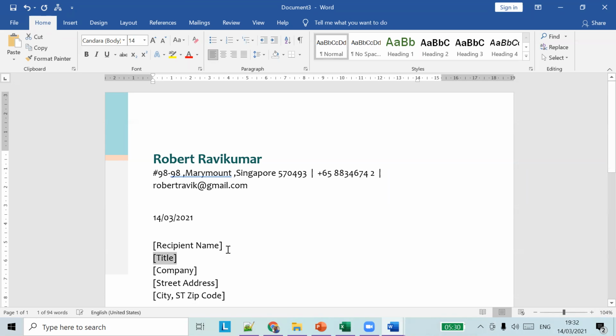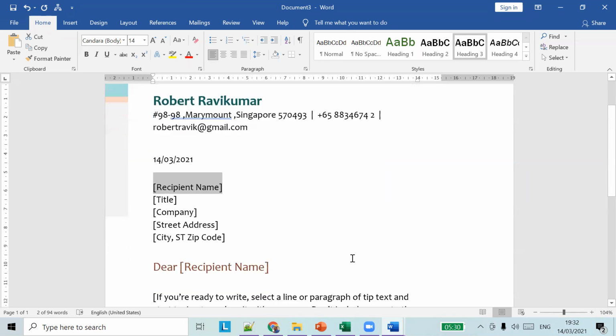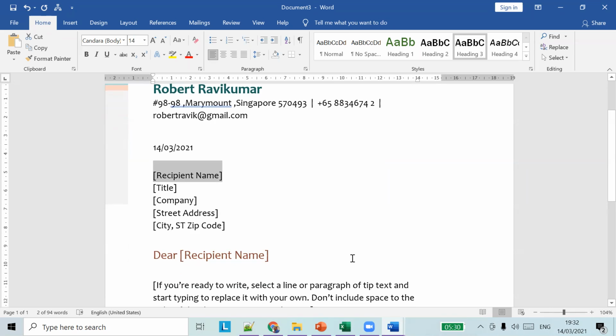So recipient name. If you know the manager's name, we can say the manager's name, since we are going to write a letter for the lost card, right? Maybe his name is John David. His title, his position, is bank manager, and his company is DBS Bank, right?